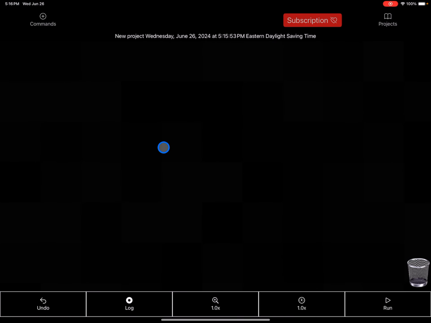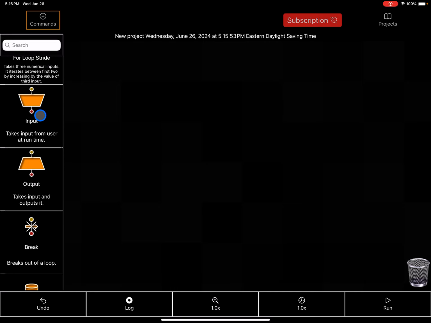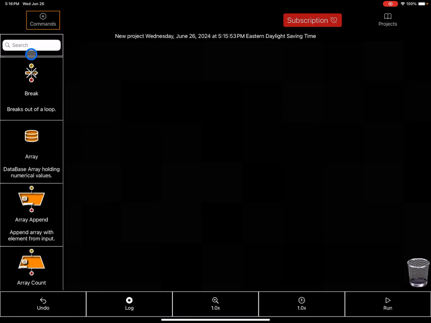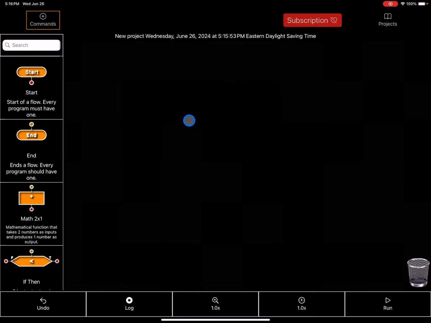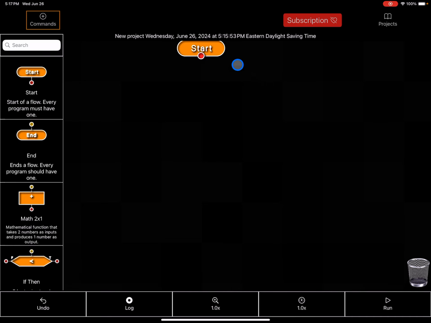And into our dashboard here, we'll proceed to begin designing our flow. Proceed to the upper left corner where it says commands, click into it. This will in turn open up the left-hand side command menu. You can navigate to each command manually, or you can use this search option here. So every time to begin designing our flow, we'll need the start command. So let's add it, and then we'll need